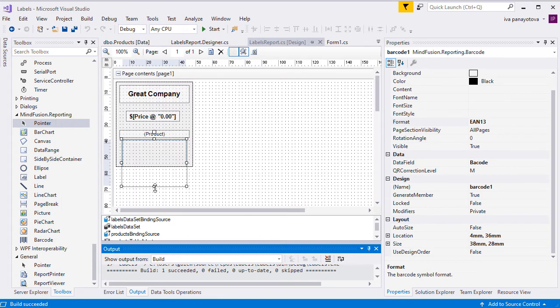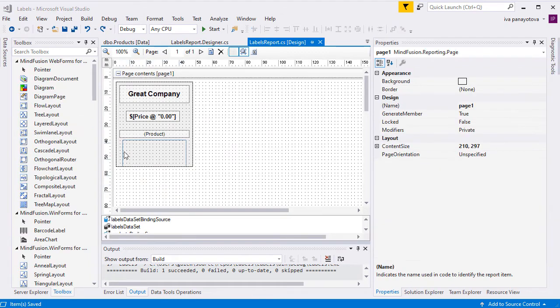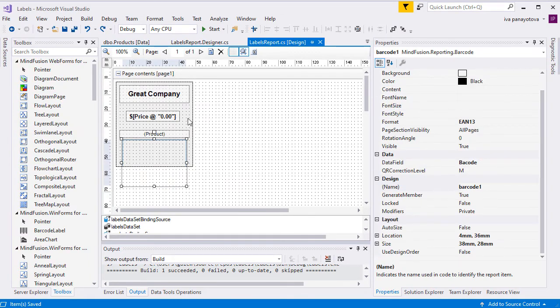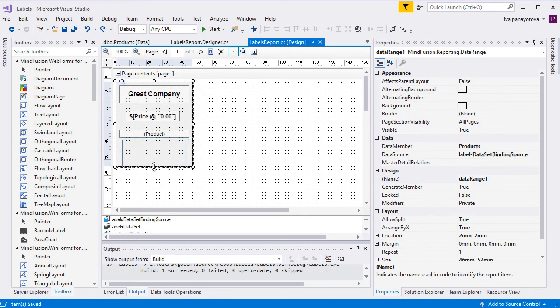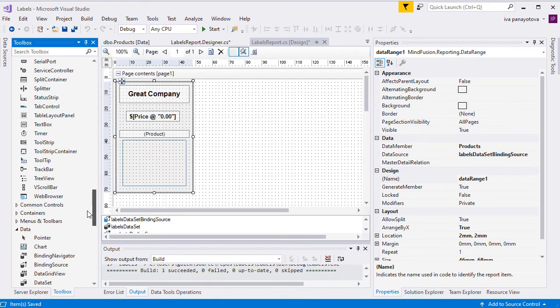Now we will add one last label with the URL of the company. This label will be without any binding, a static one to be rendered on each clothing label.